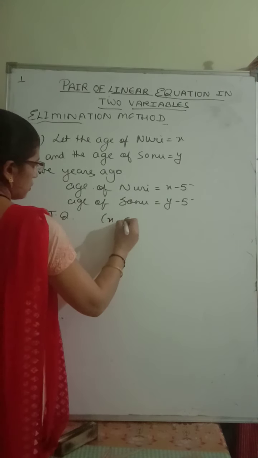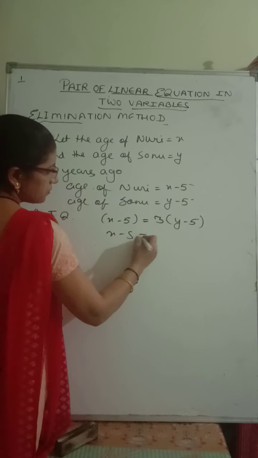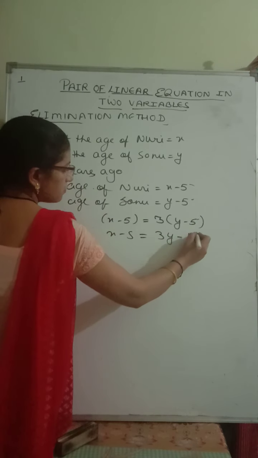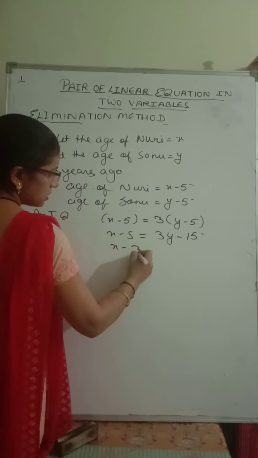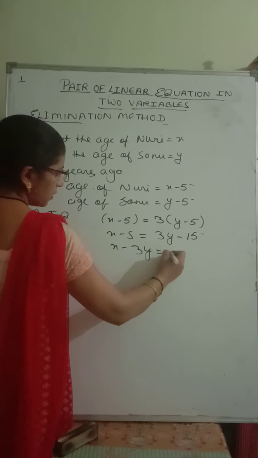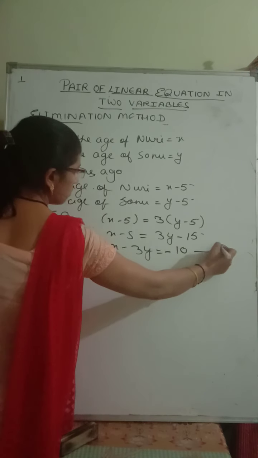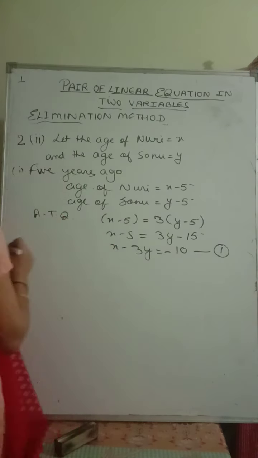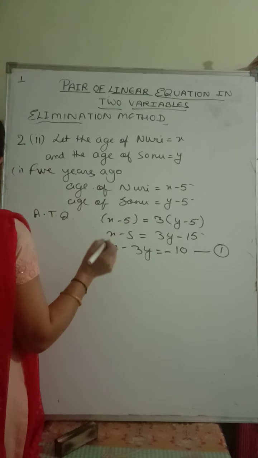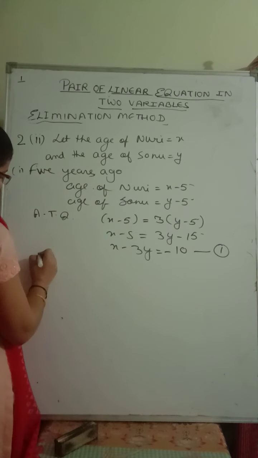Let us solve this. First, this is the first condition. x minus 5 is equal to 3y minus 15. So x minus 3y equals minus 15 plus 5, which is minus 10. This is equation number 1. Or we can write it as x minus 3y plus 10 equals 0. Then what they are saying, 10 years later. So according to the second thing,